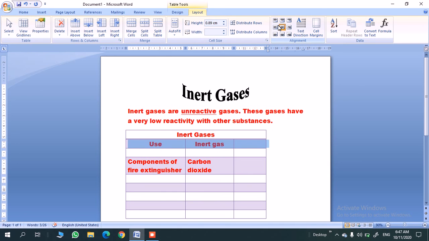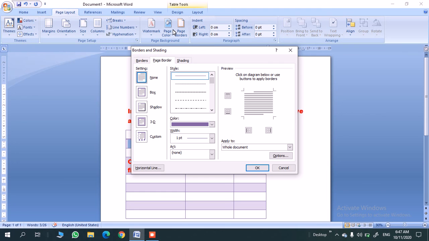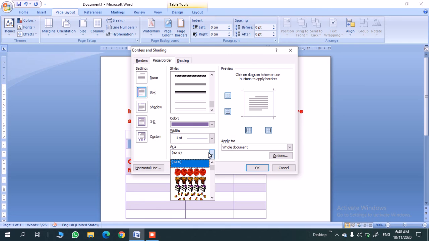So this is what we have to do, along with which we can add borders that are available in the page layout option. Page border is available. Select box border. Select any kind of line or designs available here. Artistic borders are also available.